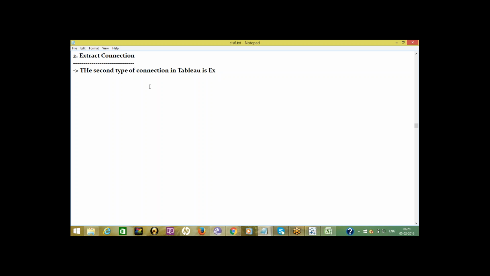We'll say the second type of connection is extract.